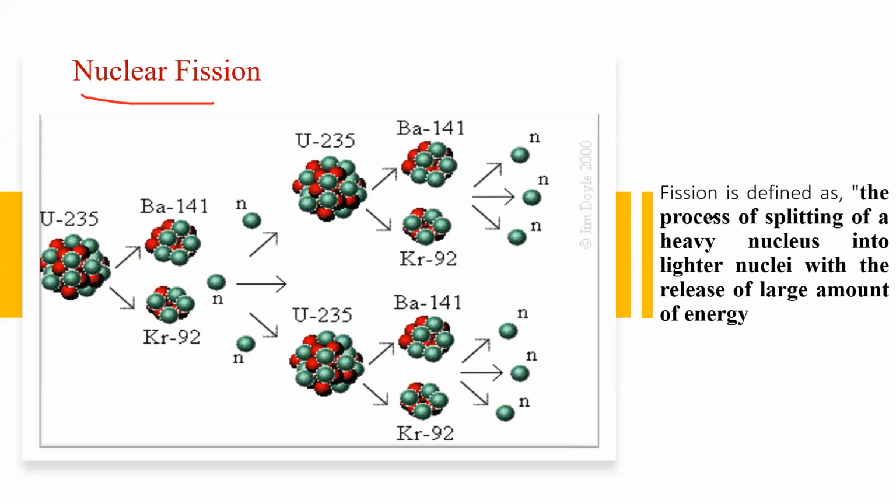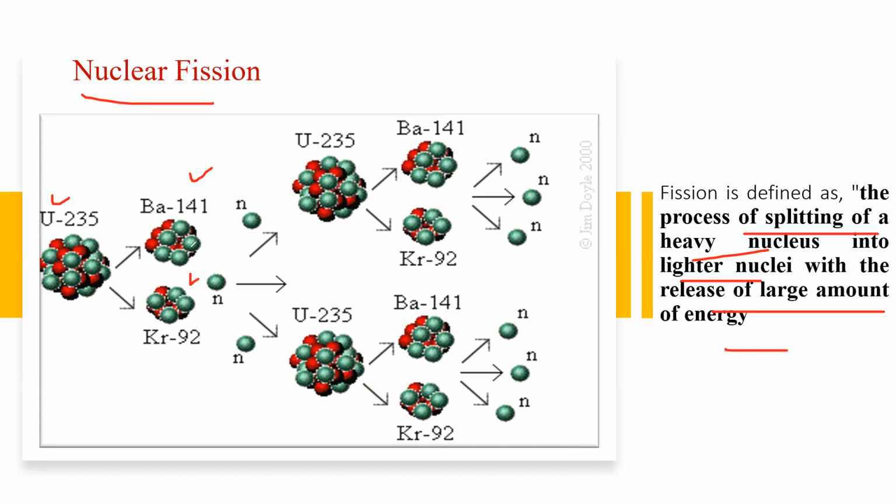In nuclear fission reactions, a heavy nucleus splits into lighter nuclei with the release of a large amount of energy. As we see in this diagram, this is your parent element, or your mother, and it splits into a number of daughters, that is barium and krypton. So one atom is split into a number of atoms. This is nuclear fission. You can remember only one definition, whether fusion or fission, and then ultimately we can tell the other. If you remember nuclear fission reactions, there is no need to remember nuclear fusion reactions.